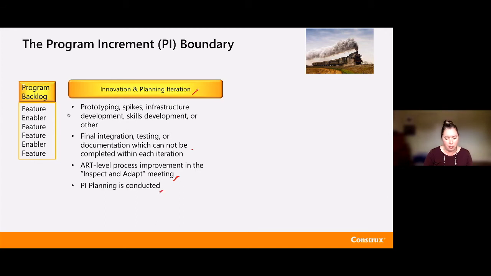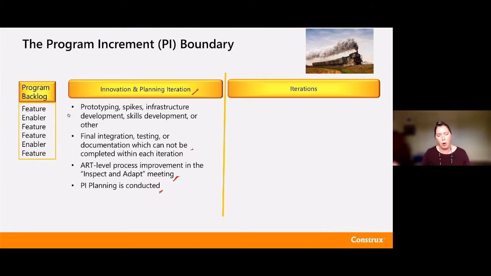And then we'll conduct our PI planning session. So we'll really make sure we build our plan of attack for the next program increment. And once that is all done, then we're off and running for our iterations. So if I've got 10 weeks, I've got 2-week sprints, I'm going to be looking at one of these and 4 of these for 5 iterations and 10 weeks. And the PI planning is really going to pull from my program backlog and prep it for my upcoming iterations.